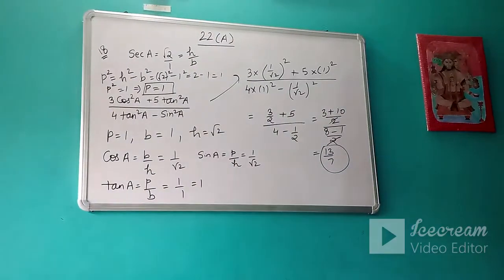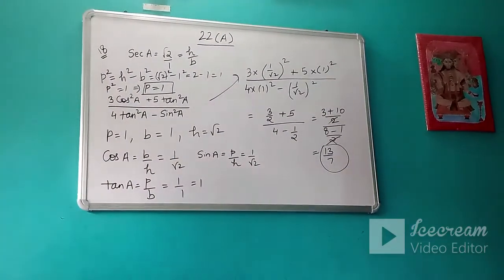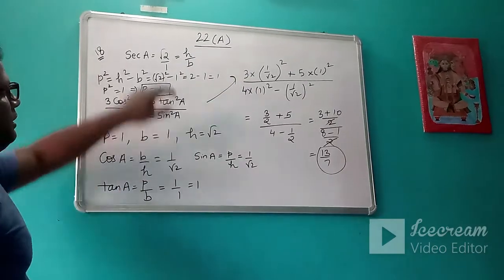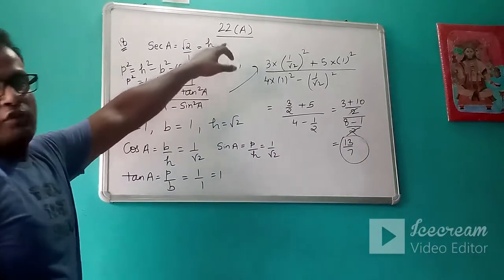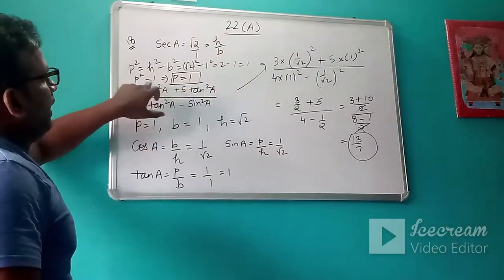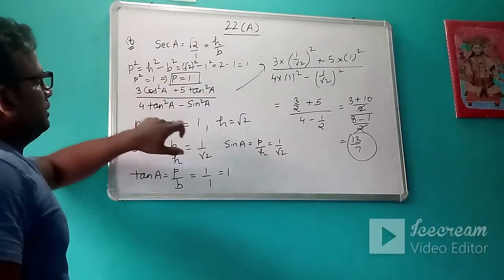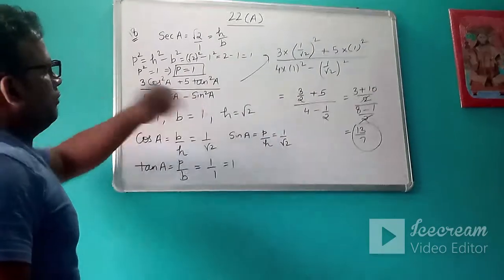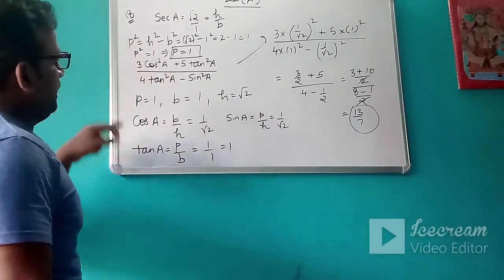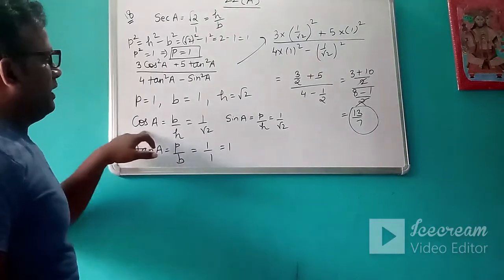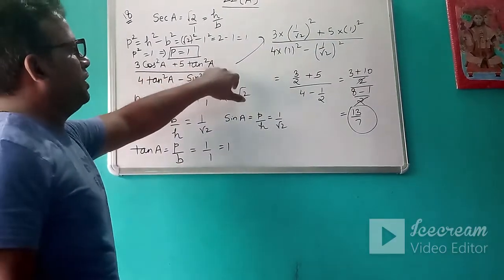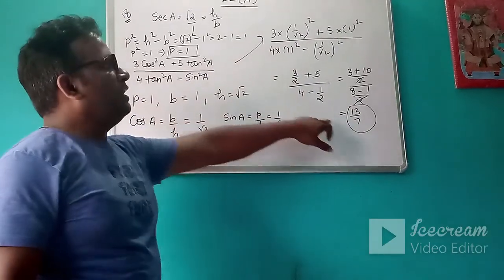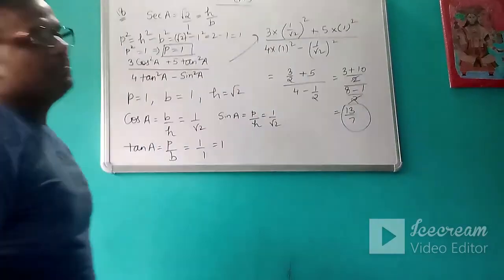Okay, like this. So in these questions, whenever any trigonometric ratio is given, you first write its formula in terms of P, B or H, then you will find the unknown quantity. Then for finding the value of the expression, you find the individual trigonometric ratios like I have found, and then you will put all the values of trigonometric ratios in the required expression so that you will get the required result.